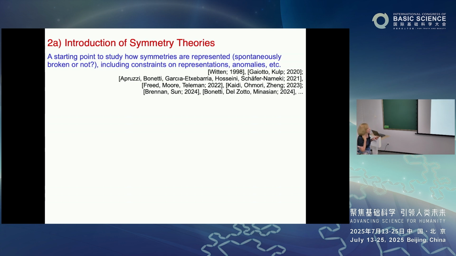In particular, what we want to study is whether the symmetries are spontaneously broken or not, how they introduce constraints on the spectrum, representations, can we calculate the associated anomalies in this context? Okay. So to address those issues,